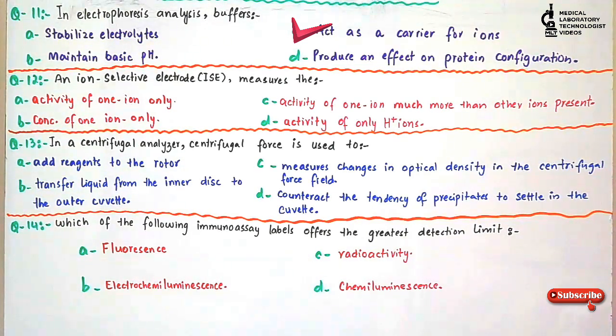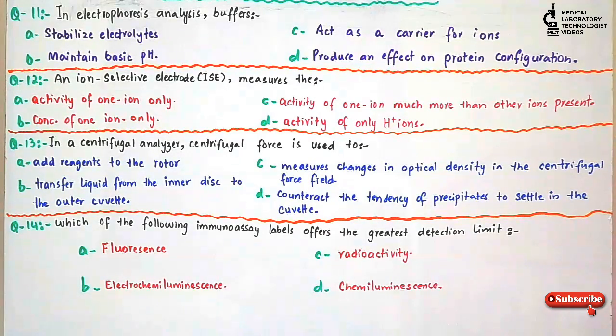As you know, electrophoresis involves the migration of charged molecules or particles in a liquid medium under the influence of an electric field. So there are three roles of buffer. First, to carry the applied current. Second, to establish the pH for the electrophoresis procedure. And third, to determine the electric charge on the solutes.